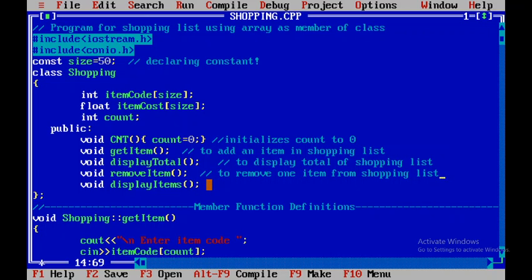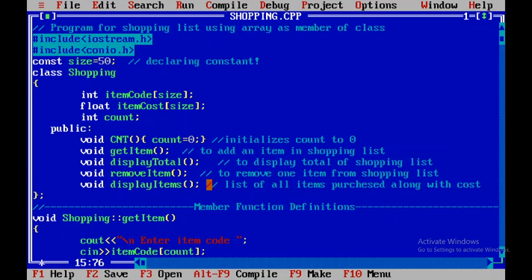And void display atoms: this method we will use to display all the atoms along with their cost, whatever we are going to purchase, the list of all items purchased along with their cost.